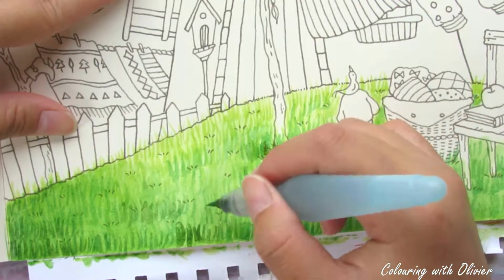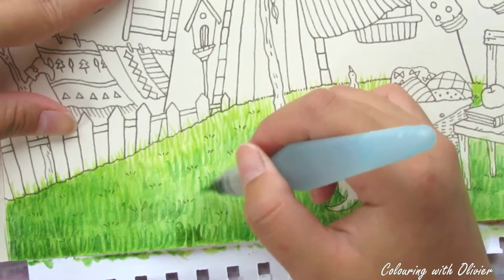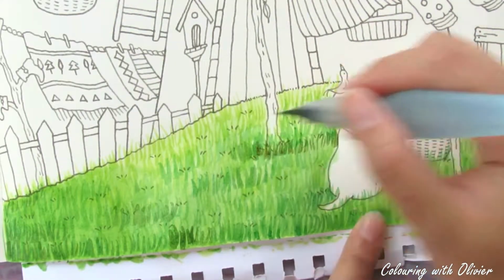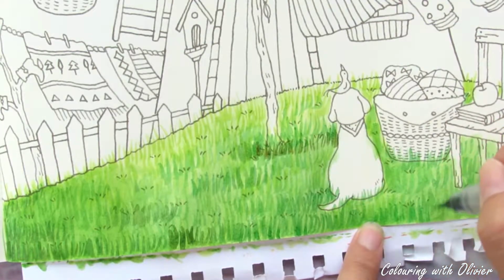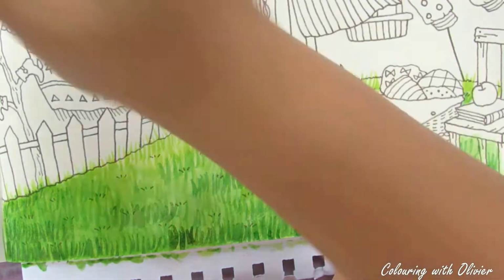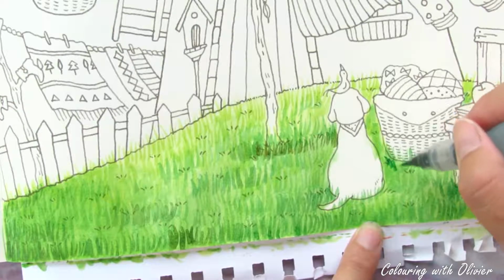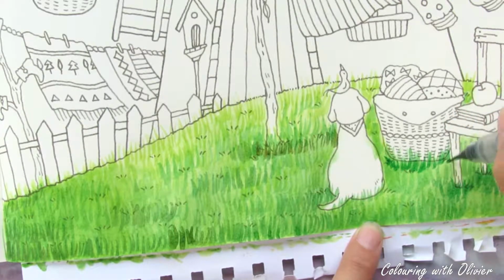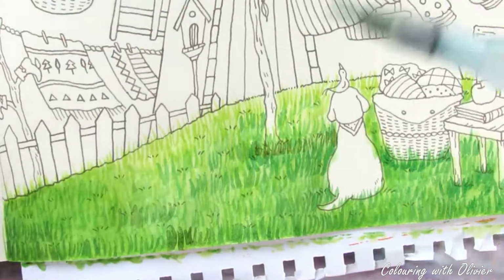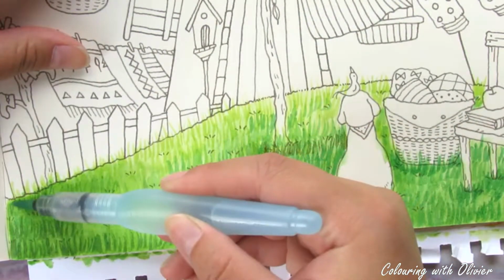This is a hill of grass, so down the bottom it probably gets less of the sun hitting it, so there's gonna be a lot of shadow and a lot of darker color grass. So that is where I try adding more of the darker shadow, especially underneath the objects, like underneath the chair and around the basket of clothes, the clothes basket I think. And as you can see, I just add in a few like that, and then we are pretty much